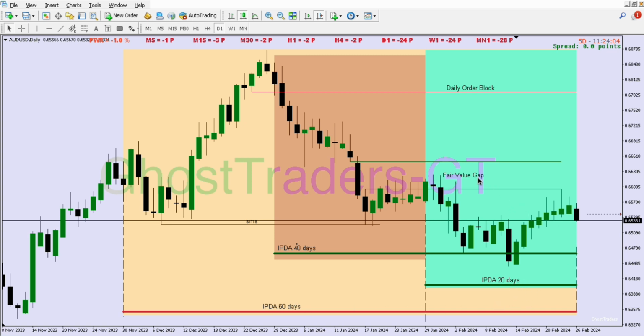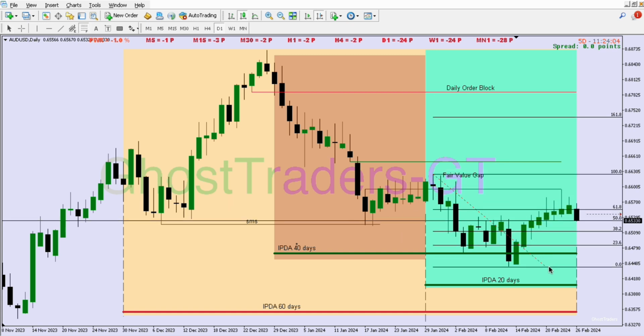So this is what we have here, and we're going to blend this with premium versus discount. Within the range that you have selected, we're going to work within this range of 20 days. We pick the highest high of that range, which is the highest high of the 20 days we have picked, and this is the lowest low. So we can take our fib